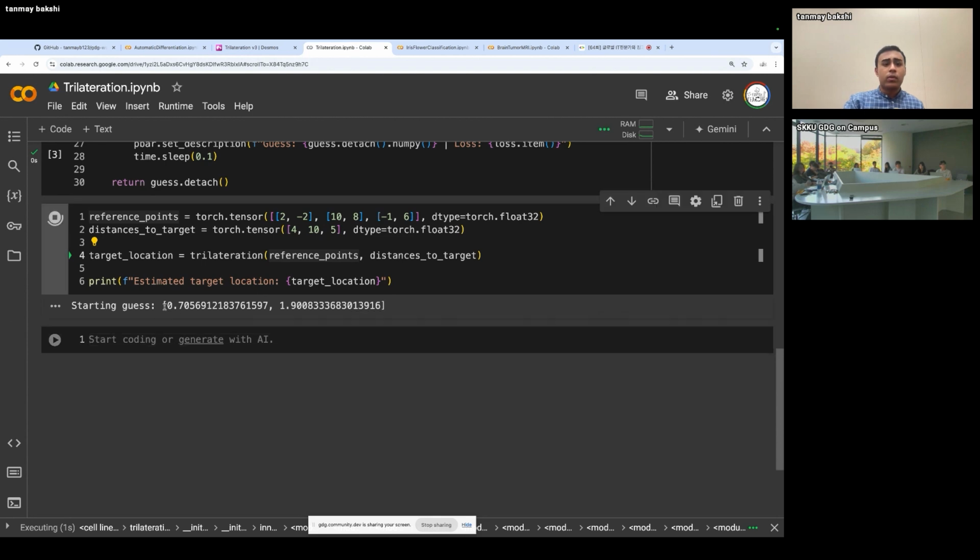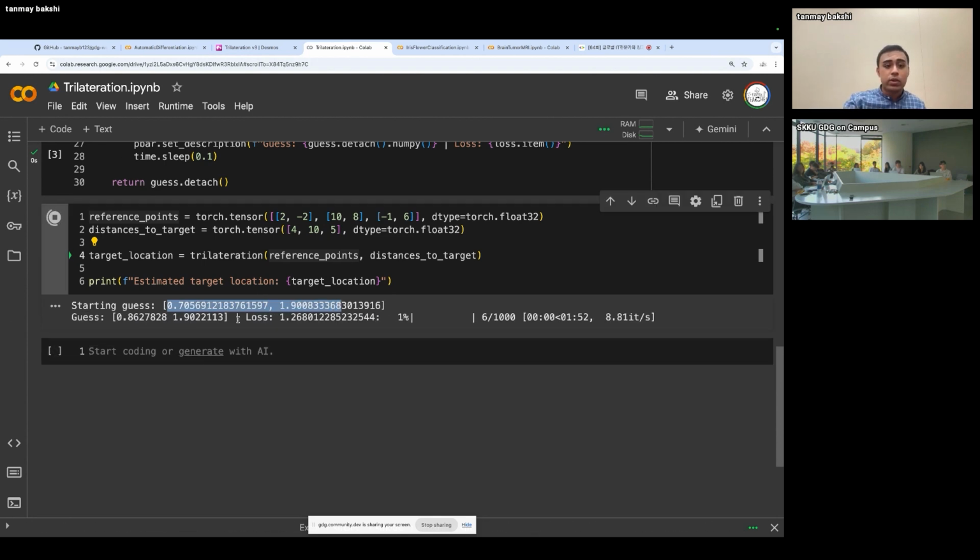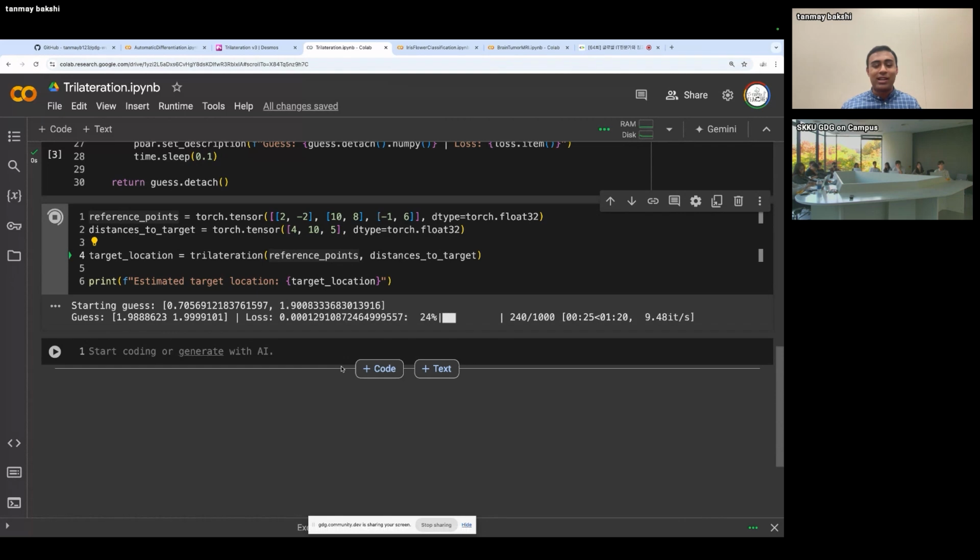If I run this, the starting guess was actually not too bad, but you'll still see it slowly work its way, moving both of those numbers closer and closer to x equals 2, y equals 2. As you can see, the y dimension is almost there already. X is getting there as well. As it gets closer to 2, 2, the loss is going down further and further because the error is getting lower, since the guess is getting better. And there we go. Only 200 iterations in, and we're already almost at 2, 2.